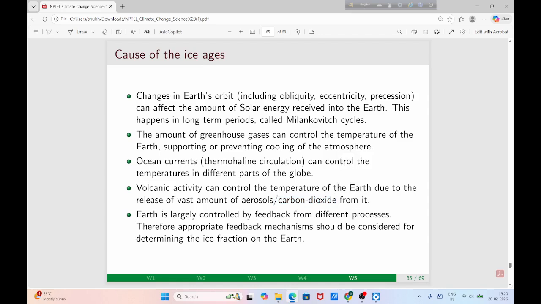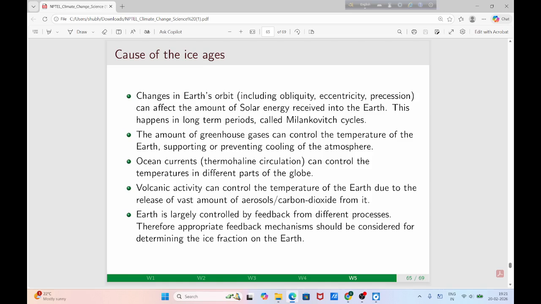Now it is controlled by feedback from different processes. आपने feedback के बारे में पढ़ा है। If there is one forcing, it is accompanied by different types of feedback mechanisms. तो एक कारण एक ही कारण में सीमित नहीं रहता, उसके साथ बहुत सारे कारण जुड़े रहते हैं। सपोज आपका तापमान बढ़ गया, कार्बन डाइऑक्साइड बढ़ गया, तो बर्फ पिघल जाएगी, उसके साथ एल्बिडो का परिवर्तन होगा, it will change the albedo, it will change the ice fraction. तो इफेक्टिव एल्बिडो घट सकता है या बढ़ सकता है, और उसके साथ वेजिटेशन का भी चेंज होगा।